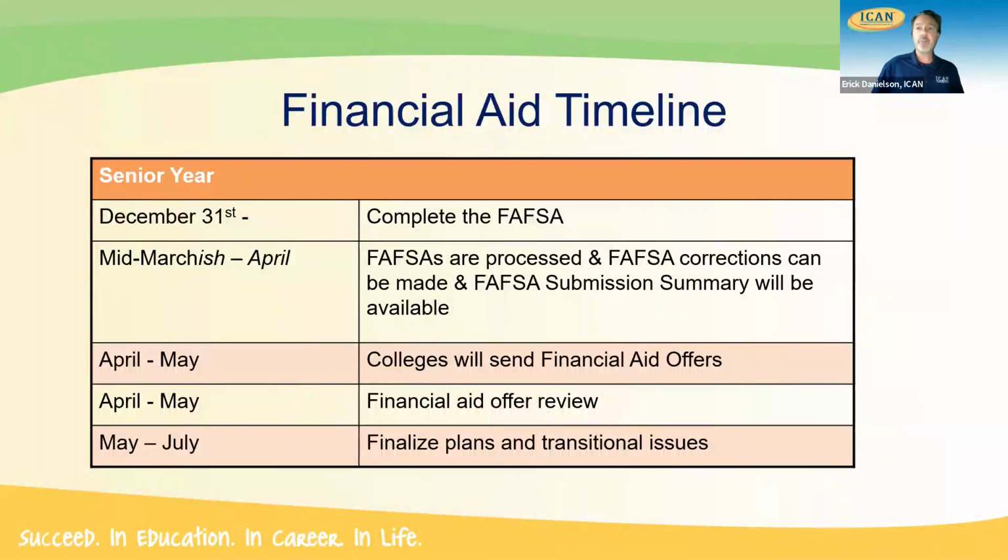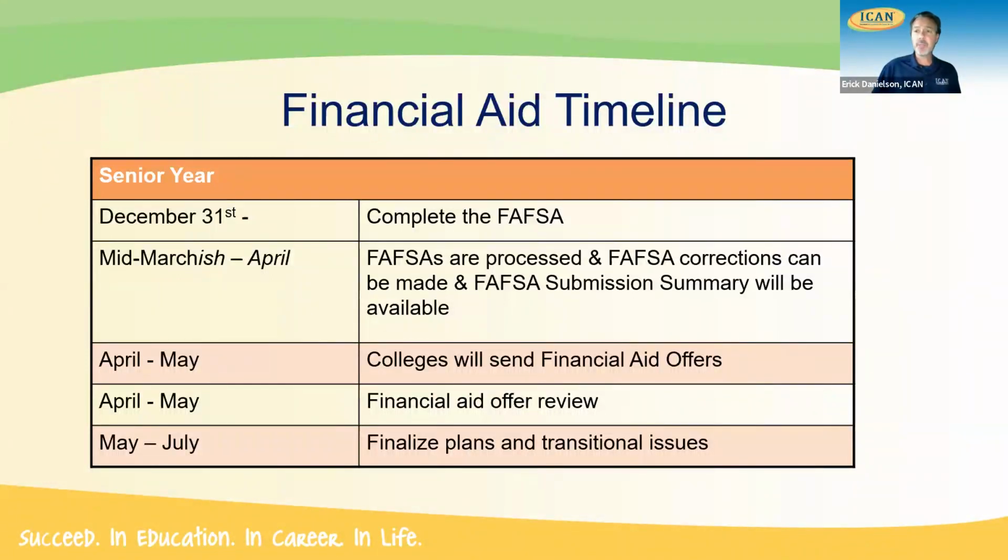But if any of you have not received financial aid offers yet, you can check with your college or university about it to make sure you're not missing any information. But chances are they probably haven't been sending them out yet because of this delay in the whole financial aid timeline this year. We are all hoping in the financial aid community that it won't look like this next year and we'll get back to a normal setting. It may not be completely normal, but hopefully it'll be a little bit better than what we have seen this year.